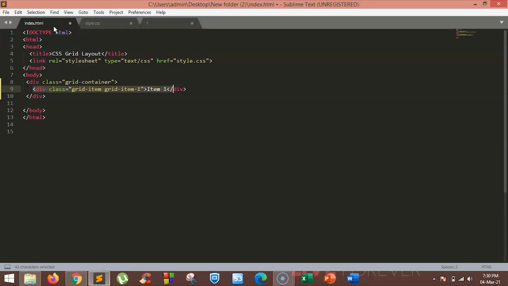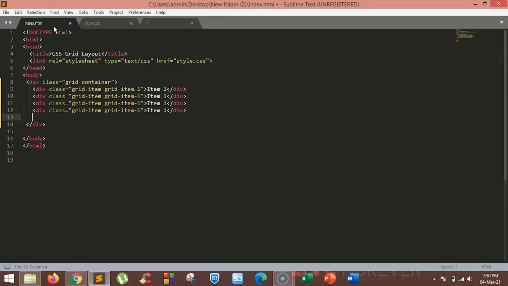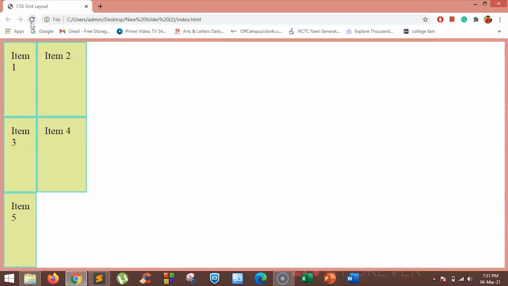So we'll have the 5 elements on our page. Let's save the file and see how it looks on the page. You can see we have the different grid items on the screen, so that it's easy for us to visualize. We have not applied any styles to them other than the visual styles.